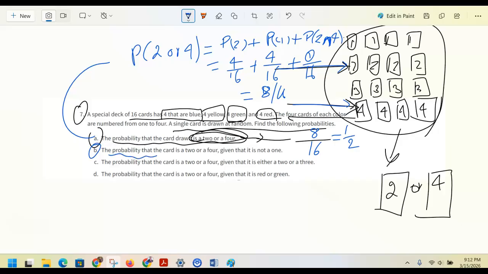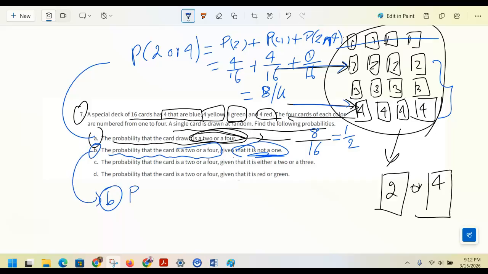Now the next question, find the probability that the card is 2 or 4, given that it is not 1. So if it is not 1, it means I have to take away this one, and that means there will be only 12 left. So question B says: what is the probability that it is 2 or 4 given that it's not 1? Not 1 means there are 12 cards, because this part is gone. So that means there are 12 remaining,